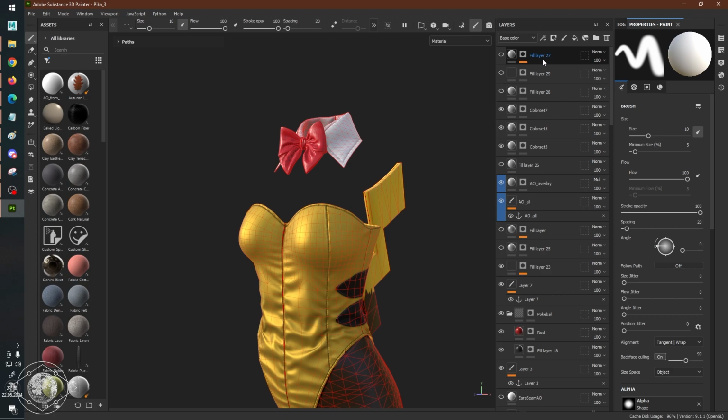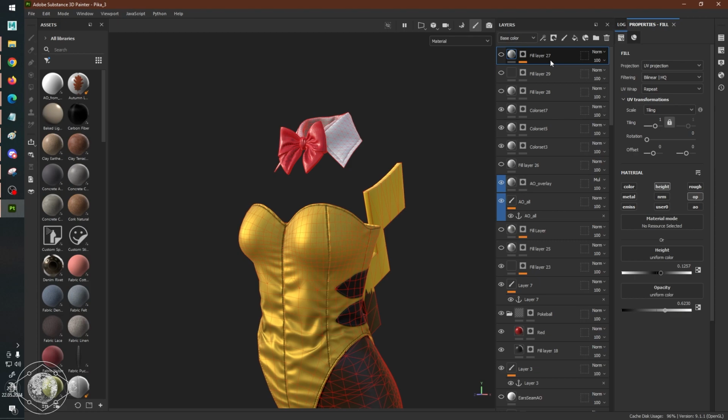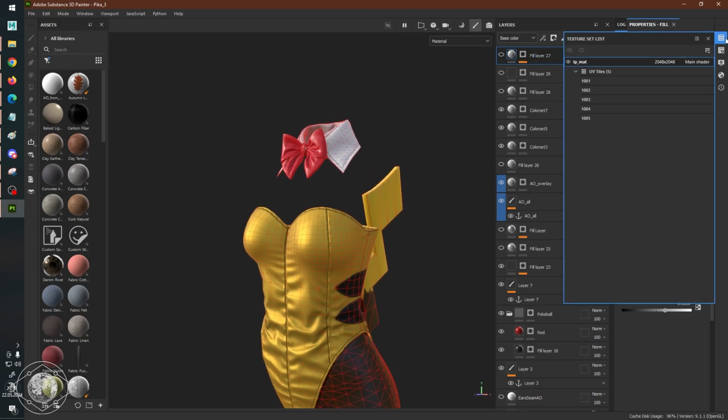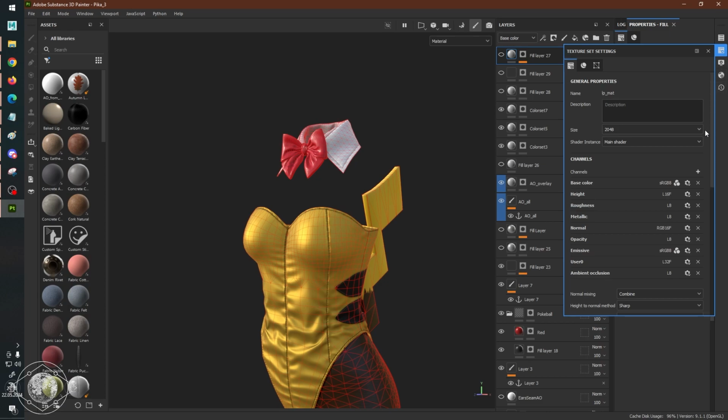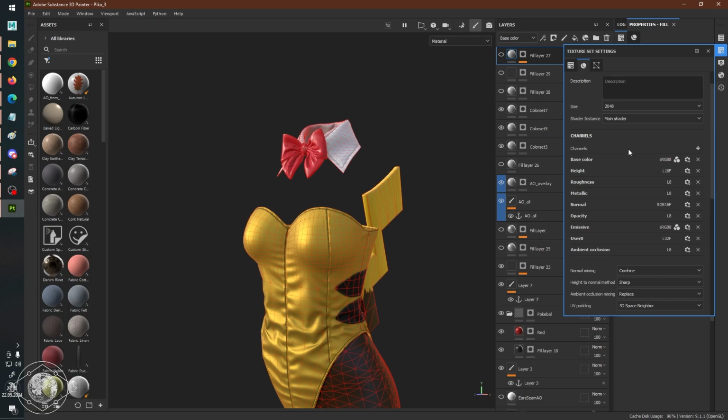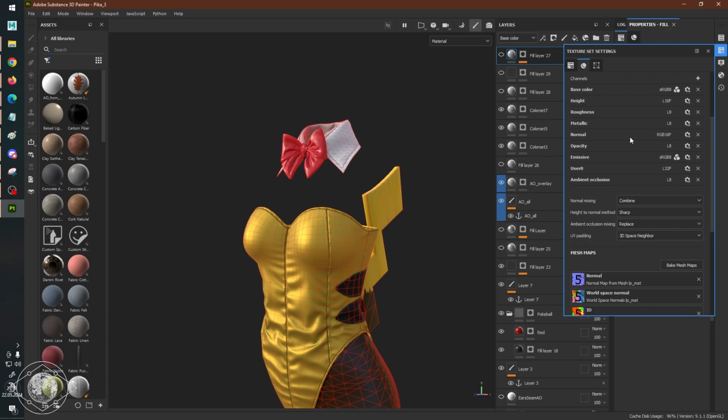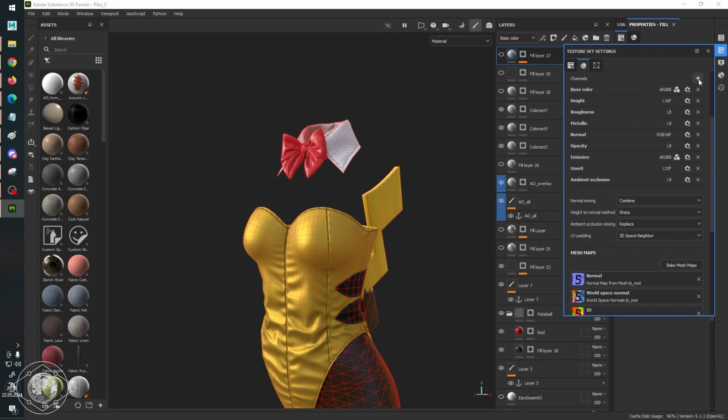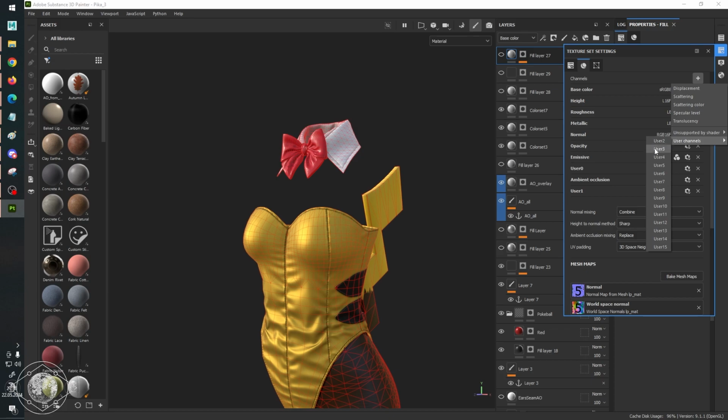Just give it a second, because my Substance, it's quite a big file. But first, what we need to do is go here to the channels and add these user channels. I actually added user 0 already because I used color sets for this, but you can click on this little plus and add user 1, user 2,